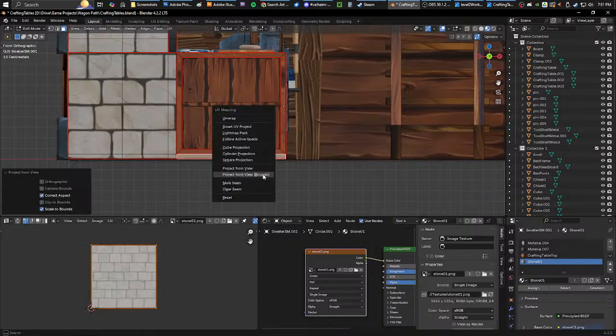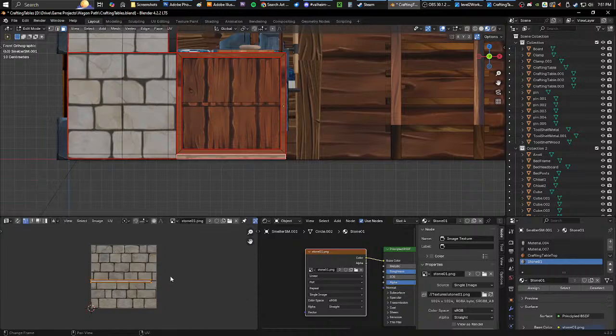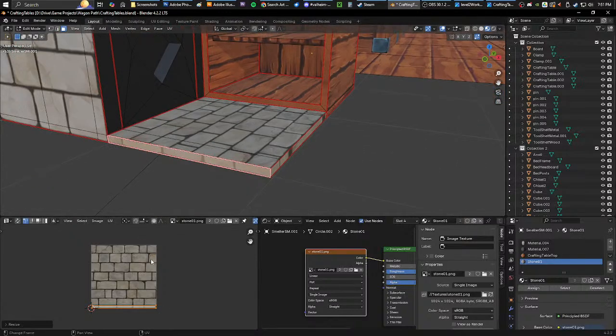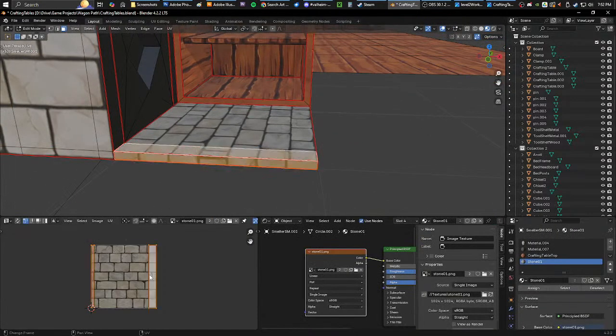No, just project from view. And then we'll resize it big. Oops. Bring it down here and then size it. And we should be able to match the brick. Actually, I'm on the wrong side. I need to rotate it this way. We should be able to match it to the side here, so those lines should line up perfect like that. See that? Pretty close. Let me get the other. Oh, it's on the other side. No wonder. Let me take this and just grab it and move it over here,